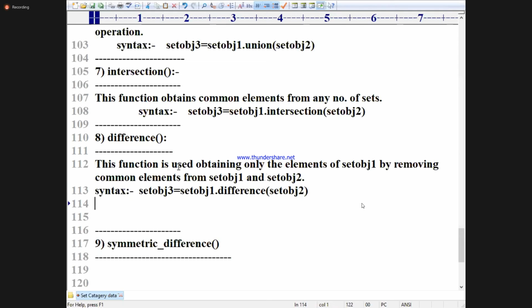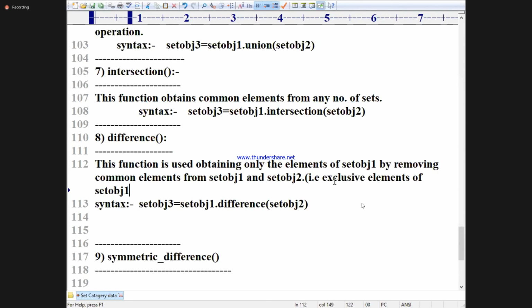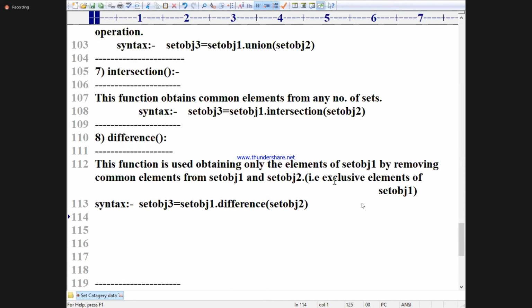That is called exclusive elements of set obj1 only. In the bracket if you want, you can write exclusive elements of set obj1. Fine? I will give a combined example for all this stuff.